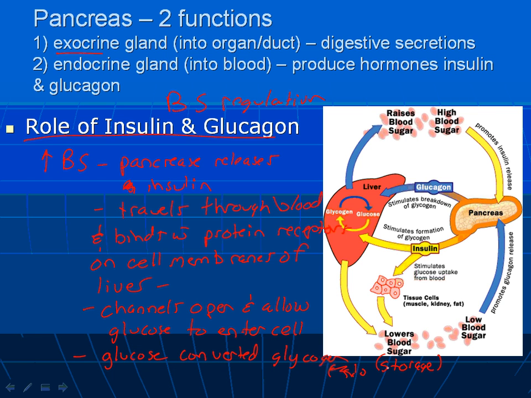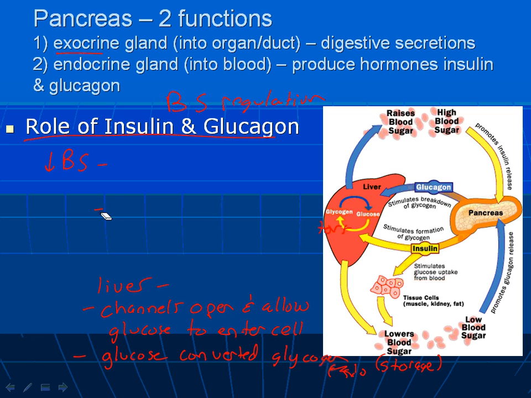Okay. So this is a similar process for when there's low blood sugar, but it's just a completely different hormone. So I'm just going to erase this so we can go over the next part. And we'll turn it around. So if there's low blood sugar, instead of releasing insulin, it's going to release its antagonistic partner. So it's going to release glucagon. This glucagon has the same target. So it targets the liver cells